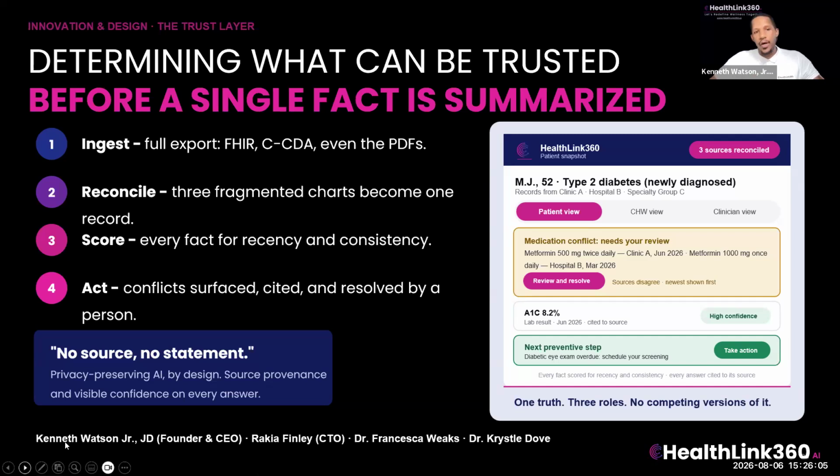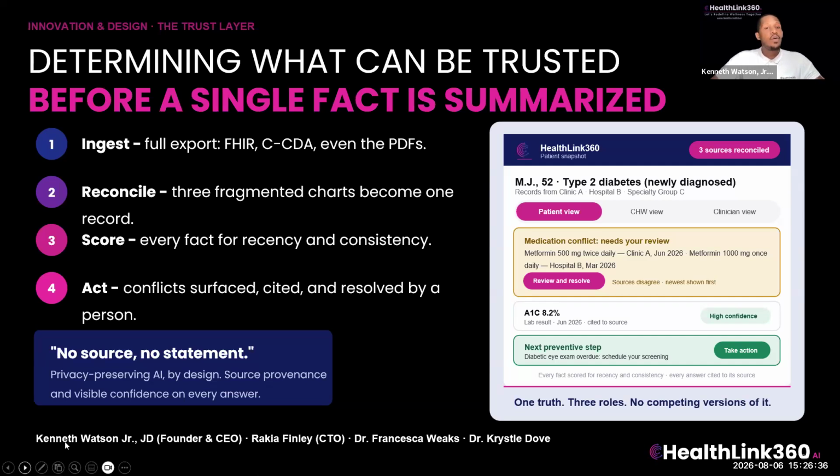And we have one rule for our AI, which is simple: no source, no statement. When records disagree, the system does not bury the conflict or allow AI to silently choose a winner. It surfaces the disagreement, cites both sources, and routes it to the appropriate clinician or care team member for resolution. The patient is not left to make a clinical decision alone. The care team steps in when the patient needs them the most. Once this is resolved, the decision becomes part of the reconciled record, so the same confusion does not follow him